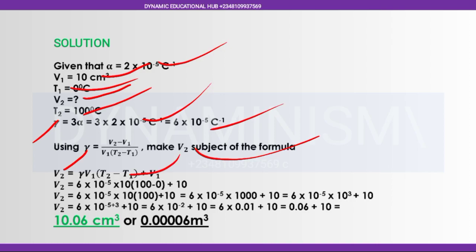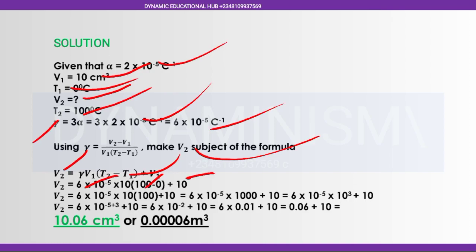V2 is equals to what? Gamma V1 into bracket theta 2 minus theta 1 plus V1. Now your V2 will be what? The change in volume plus the original volume. This is it. Change in volume plus the original volume. You substitute the values here. You have 6 times 10 raised to the power minus 5 times 10 into bracket 10 minus 0 plus